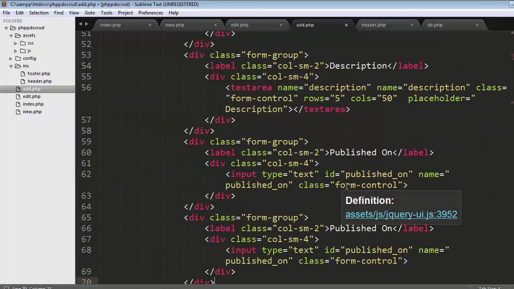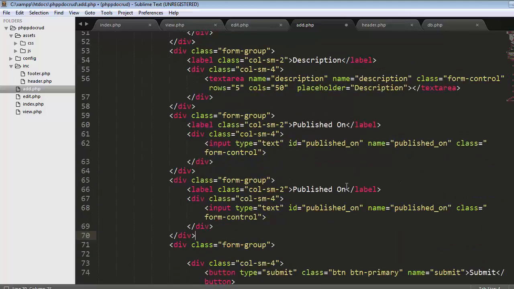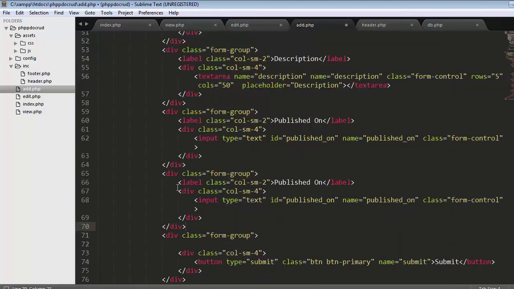Remove this, okay. Delete this, and then I'll remove this as well, okay. In here I will